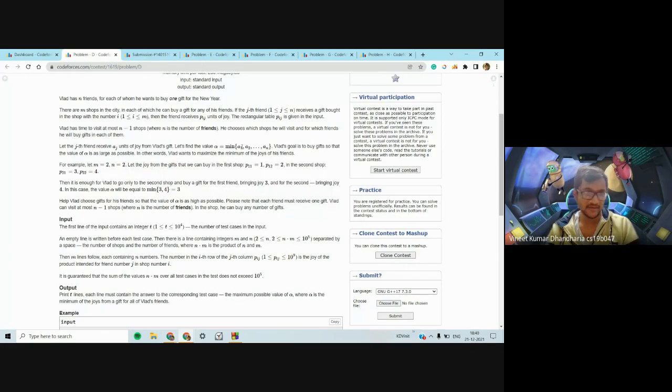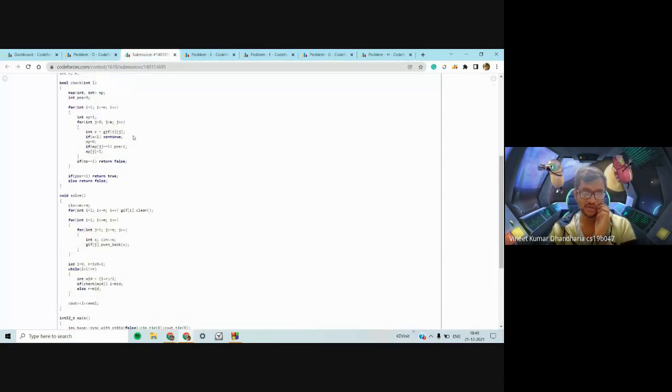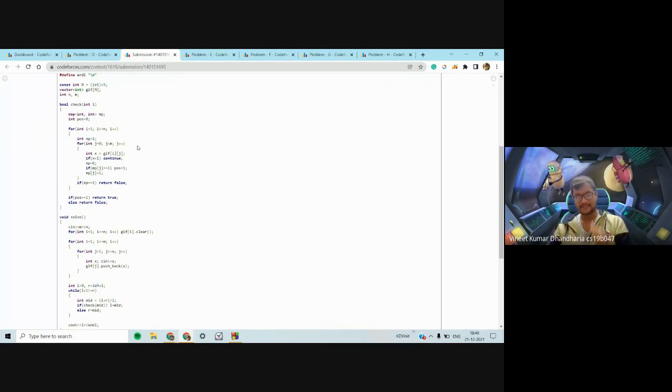Okay, if you have queries in some part of the code, maybe binary search or maybe the map thing, you can ask. I guess if you get the idea that it has to use binary search, the implementation is not very difficult. The thinking part is not very difficult. The implementation can depend on how familiar you are with coding. But the key idea here was to see that using binary search, you can do this problem. So if you can find out the check function, the binary search implementation is obviously not difficult.